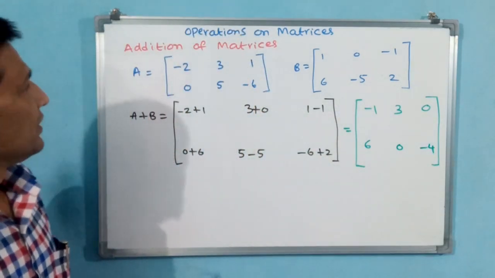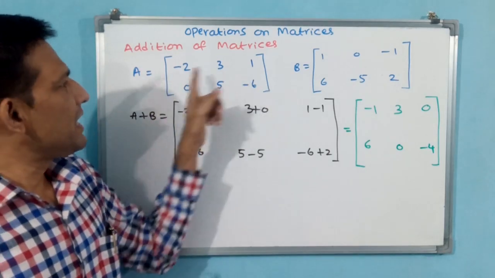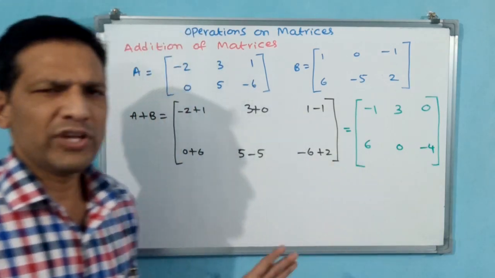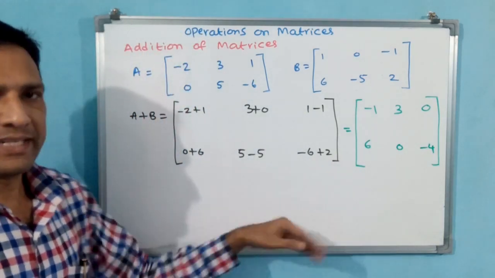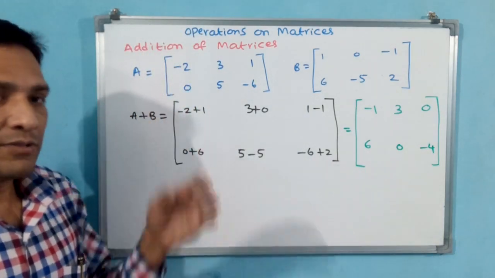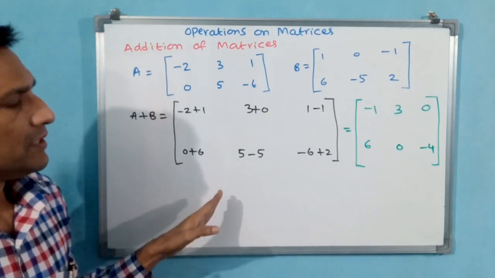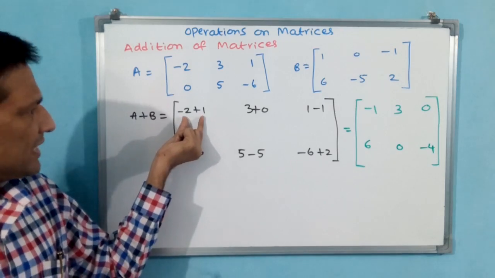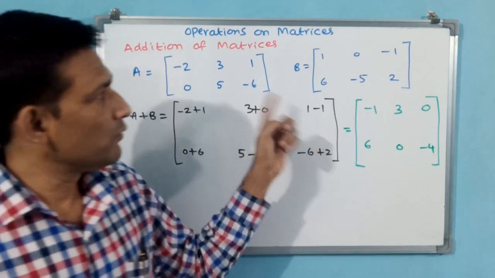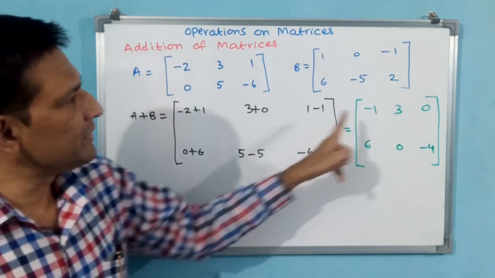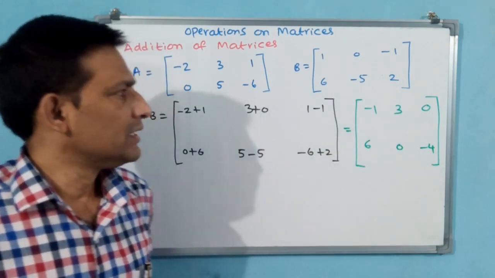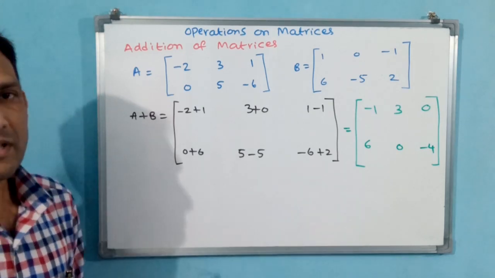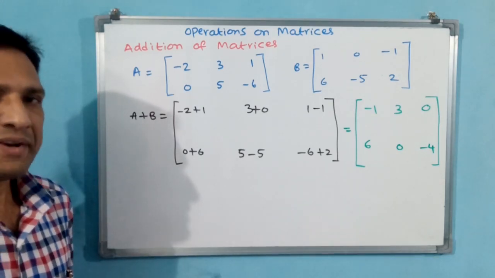Okay, now you see, these are 2 by 3 order. This is also 2 by 3 order. The same order of matrix is going to come as the resultant. Now, like this, you have to perform. You have to take one practical example also, or else A11, B11 means like this only it will be there, plus. But if you take a practical example, then finally one figure is going to come. That will be easy to understand. Now, this is the operation of addition on matrices.